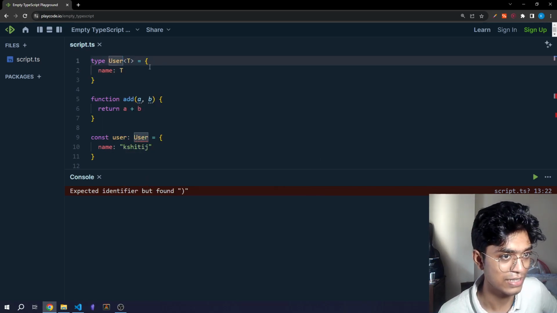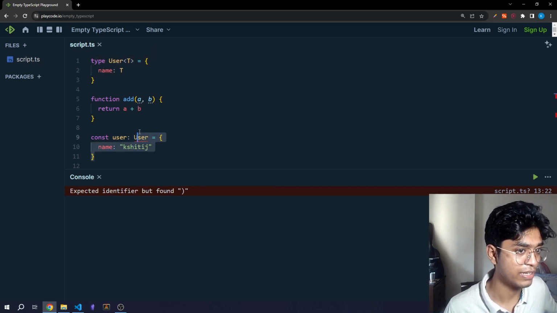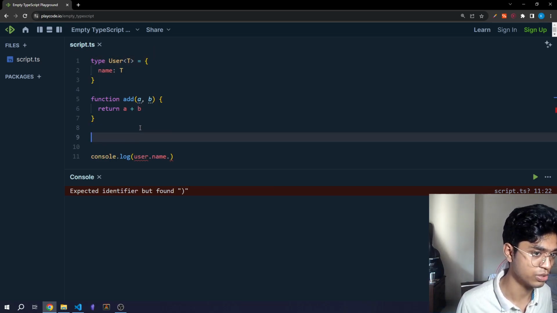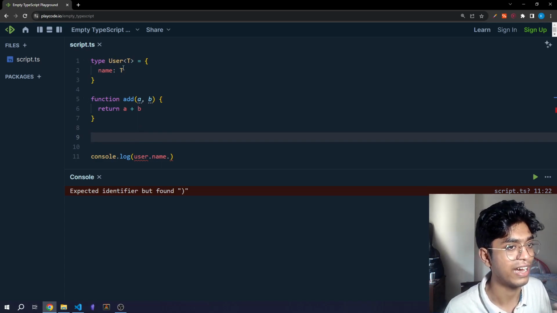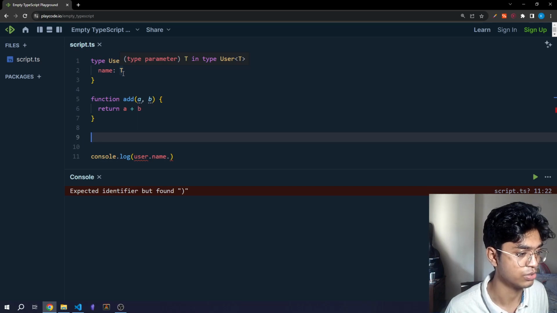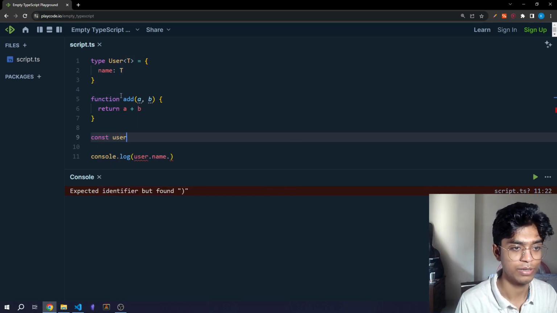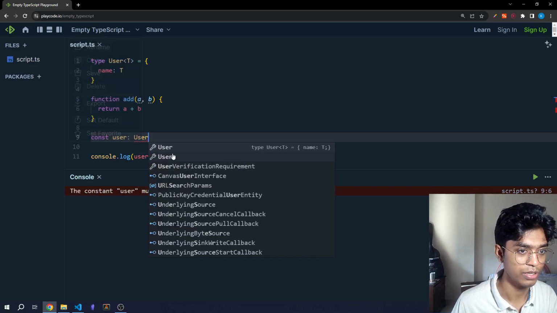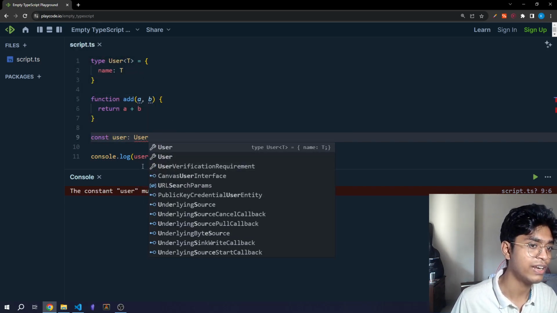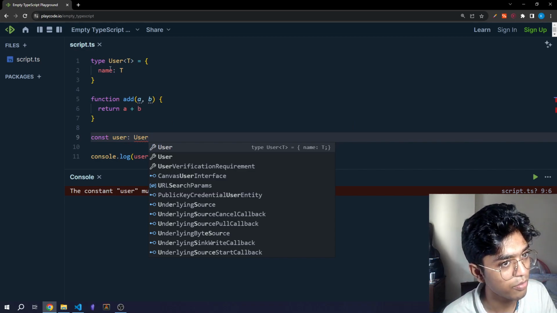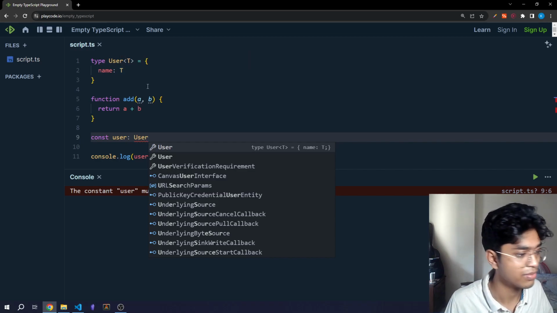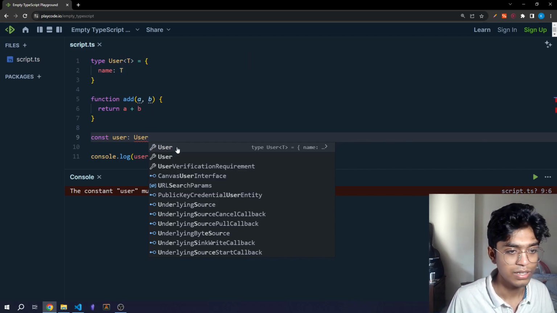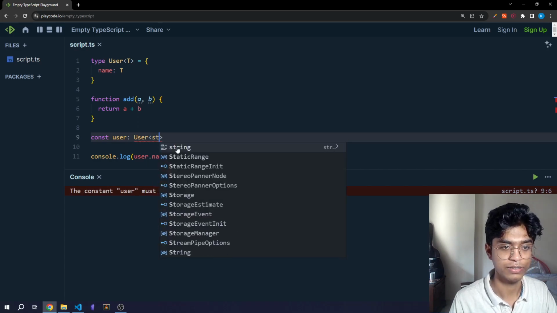This basically says that whenever I'm declaring a new variable, a new user, I want to be able to declare the type of the name field of the user variable. For example, if I'm declaring user, instead of just putting user type over here, I would also like to tell what the name in this user type will be, right? What will it be? Will it be a string? Will it be a number? What will it be? So I can tell it right here that it's going to be a string.